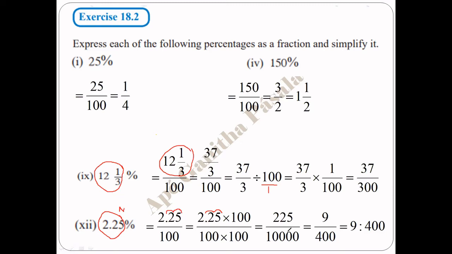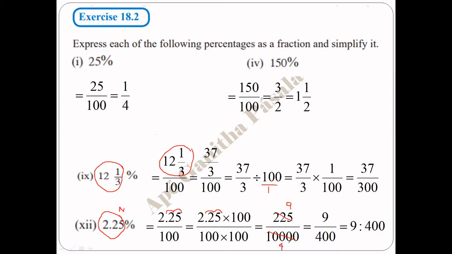Count how many 25s are there. You know, for 100 there are 4 25s. Then for 200, 4 plus 4, 8 25s. Then for 225, 9 25s. I will cut using 25s. For 100, 4. For 200, 8. For 225, 9. Okay. Now if you cut by 25, check this 100 only first. For 100, there are 4 25s.